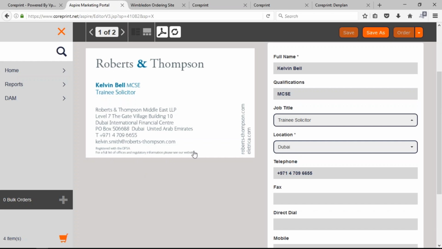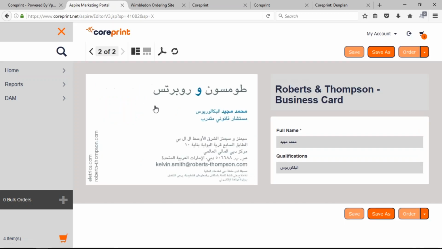It's brought in some regulatory information, very important for a financial organisation, and I've got my fixed information on the side along with my logo. So I'm quite happy with that as a card, but I'm going to look at the reverse. This particular example has some